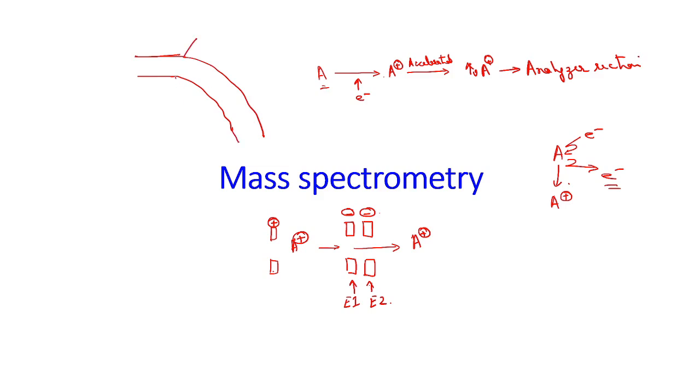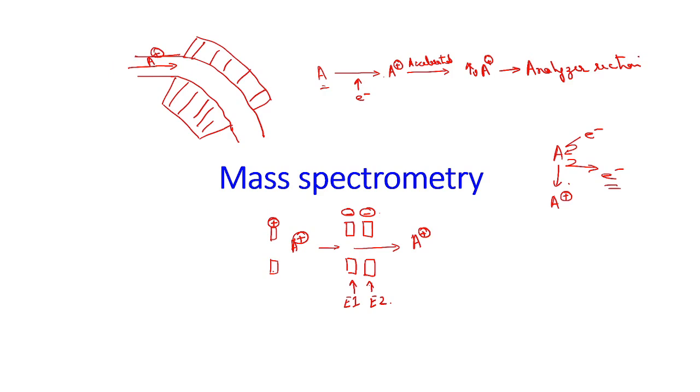Over here you will be having a magnetic field in this region. So what will it do? Up till now, up to this point, your A plus ions are moving in a straight line,